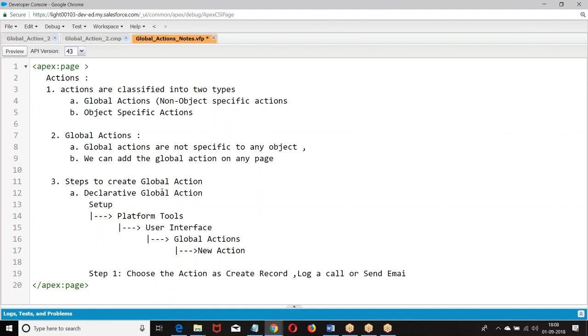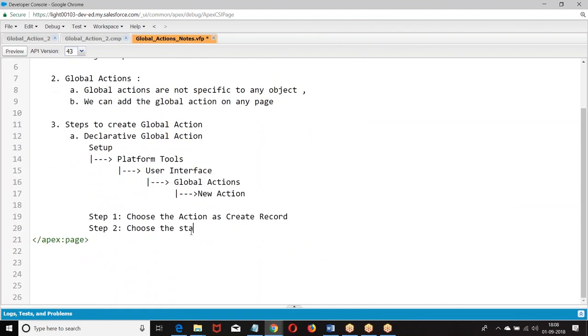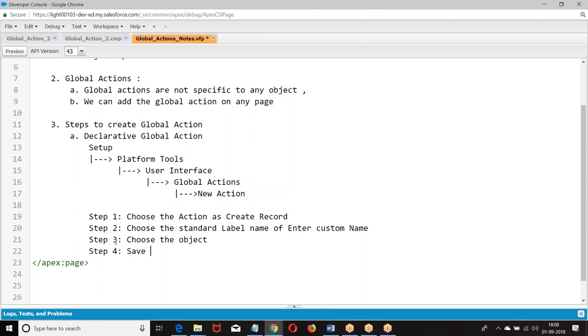These three are declarative. Choose action as create a record, log a call, or send an email. It's declarative. Choose the standard label name. Enter. Choose the object. After saving it, you are going to specify the fields.